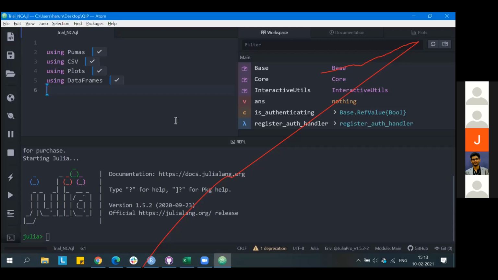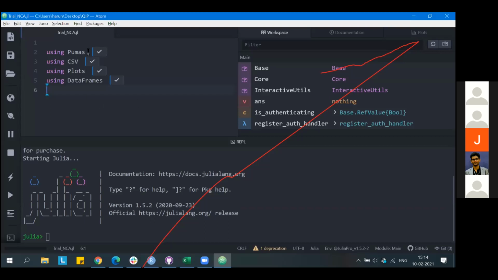Just make sure you're following the name with .jl so that the file is saved as a Julia file and not as any other format, because only Julia formatted files will be able to execute within this environment. We won't be able to execute any other file formats. Is that clear? The naming is completely up to the user, but it should be followed by .jl.